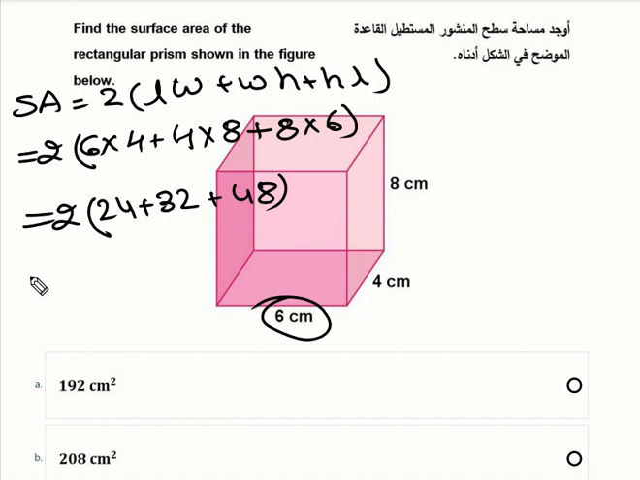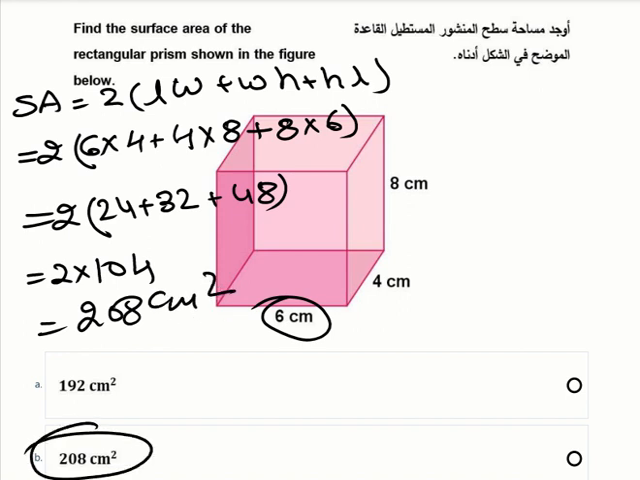48. Now this is equal to 2 times, what will be the addition of this? 24 plus 32 is 56, plus 48 is 104. So 104 multiplied by 2 means 208 centimeter square. This one. Okay. Now another thing can be,